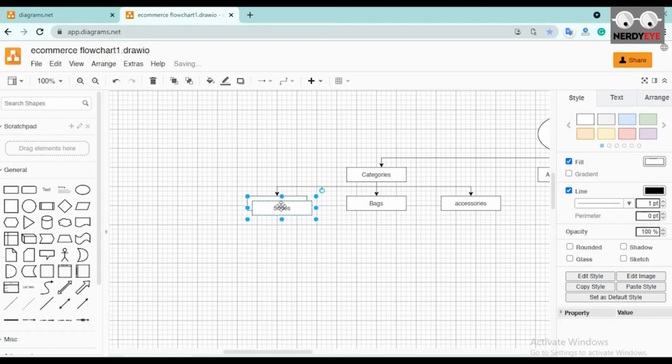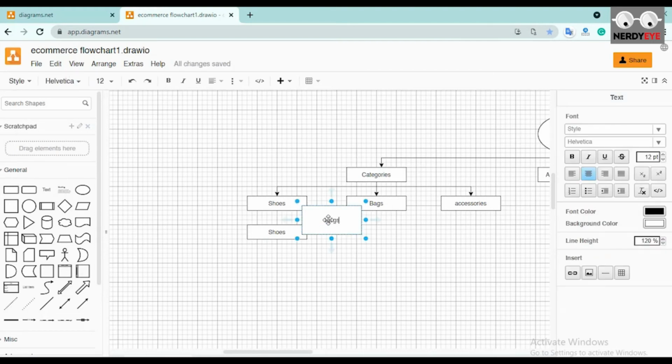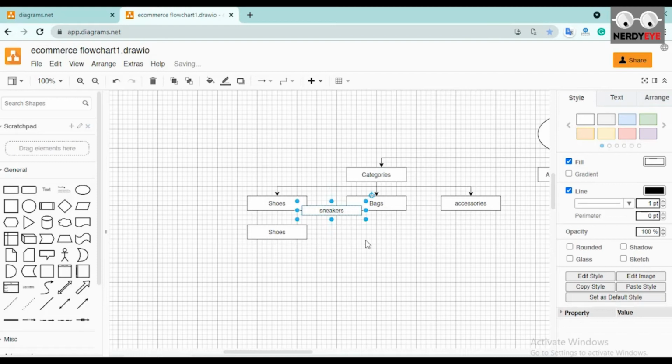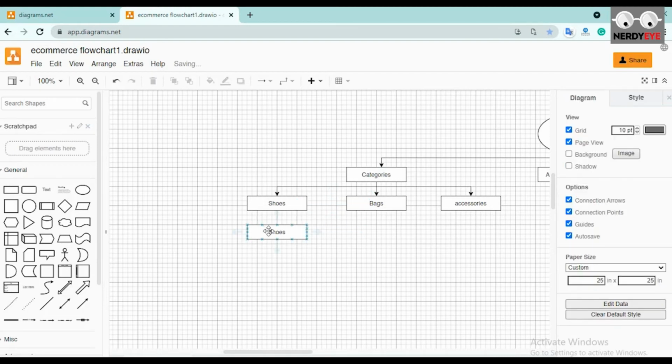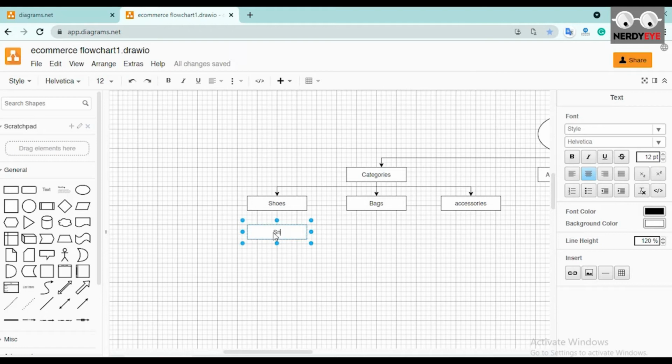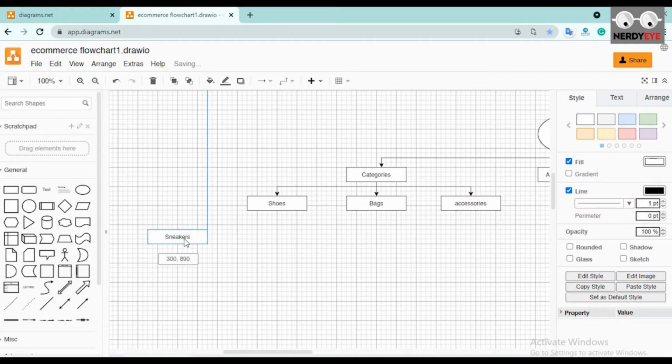So I'll just duplicate this. I want it to be the same size, the same height and width. That's why I'm not creating a new one all over again, because once I rename it, say to sneakers, I'll have to start resizing again. So let's just leave that. We'll duplicate and make do with what we have. So I can put sneakers, and push this to the side here. I can duplicate this. I can have, let's say, casual,